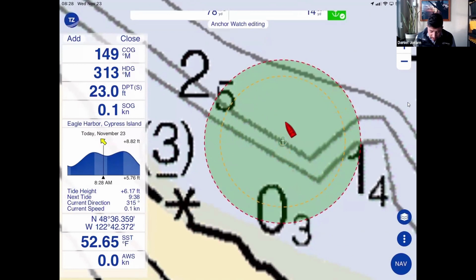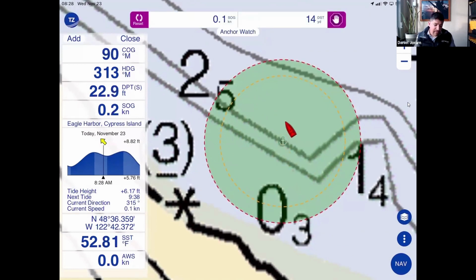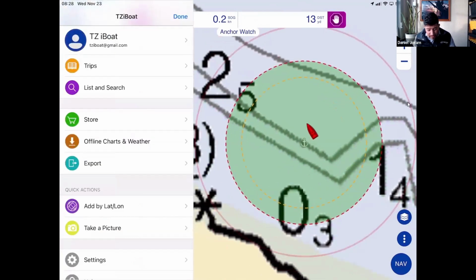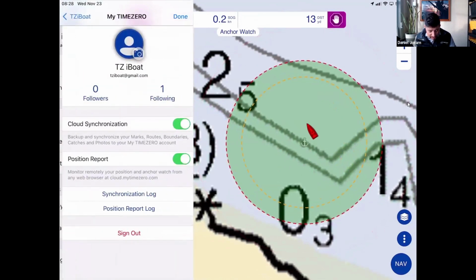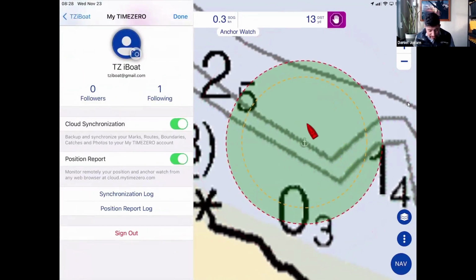One of the biggest features about this is if you have a couple of different devices. So let's say you have an iPad with a cell connection, or it's hooked into your bigger boat network that's got an internet connection. Maybe you have a Starlink on your boat. You can set this up to report your position to the cloud. So what I'm going to do is click on TZ iBoat, look at my account, and you'll see that I've got both cloud synchronization and position reporting. And what the position reporting is going to do is send your boat's position, depth if you've got a depth sounder hooked up, wind speed if you've got wind hooked up,